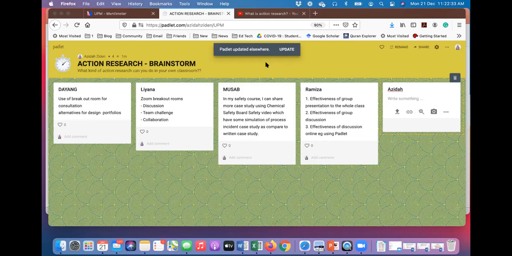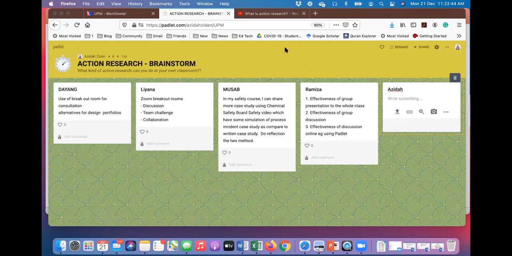Okay, so maybe if I look at Dr. Liana's one, she has discussion, team challenge and collaboration. So what I suggest is, if you have discussion, team challenge and collaboration, you can make it as 3 cycles, whereby first you are going to have